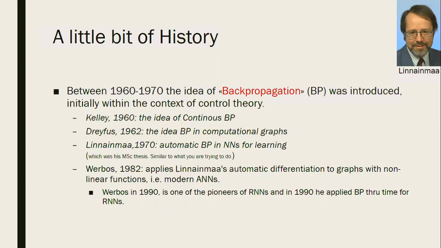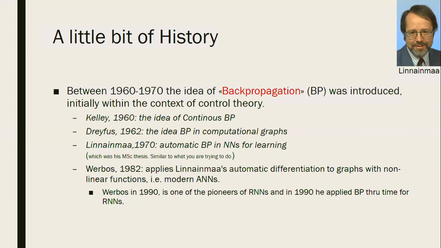That was the idea. Then this guy, which was his master thesis, by the way, he proposed the idea of automatically backpropagating the gradients to train these so-called network architectures, neural networks, for learning a given task. This was the first time it was being introduced. So the thing that you're very accustomed to doing today in deep learning is something of a half century old, which makes it, in my opinion, kind of new.